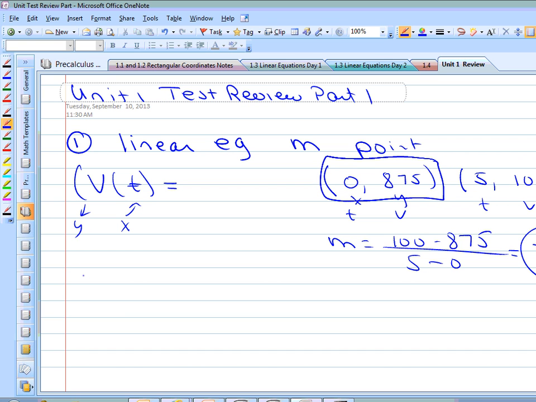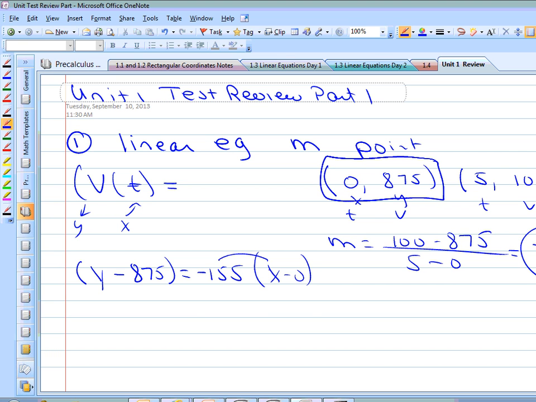So my point-slope form would be our Y value minus Y. So our Y minus our Y value of 875 equals our slope of negative 155 times X minus our X value, which is 0. So just X minus 0. That would be our point-slope form, and let's go ahead and clean this up and put it in y-intercept